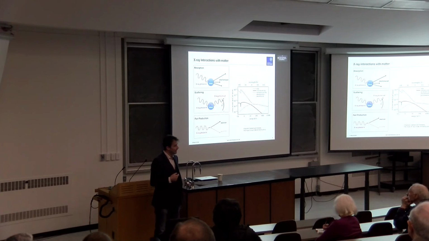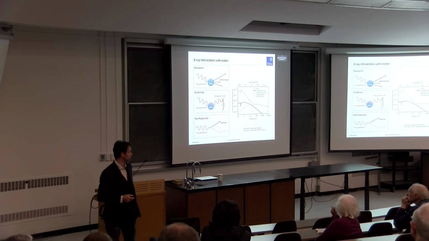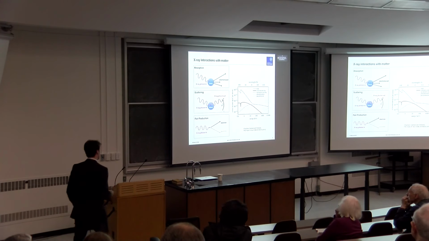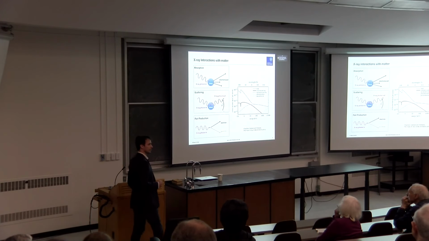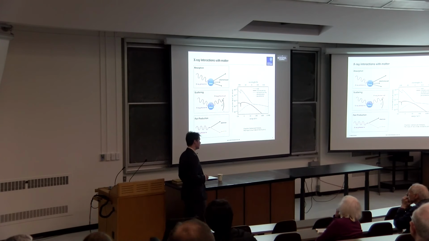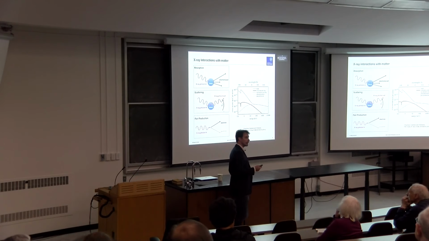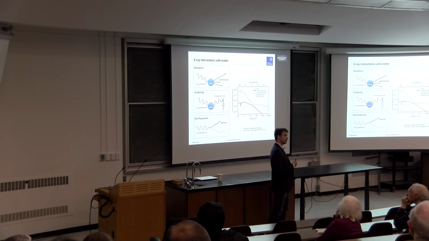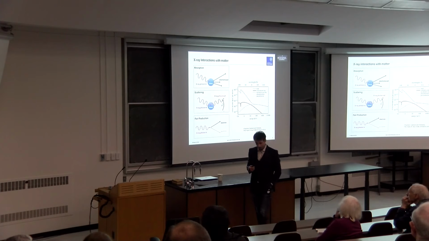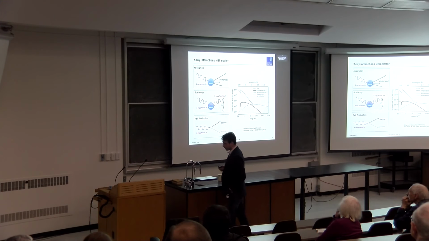Now, when you have a set of X-rays and they interact with a single system, so an atom or something, there are typically three types of things that can happen, although there are various ways in which each of these can happen, right? One is absorption. So you absorb a photon and you excite or you ionize or you do something to the electrons. Typically, they fly out. You give them more energy. And so this happens quite a lot, of course.